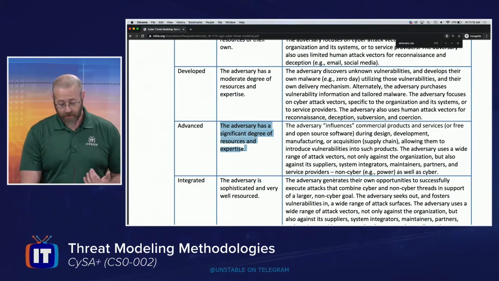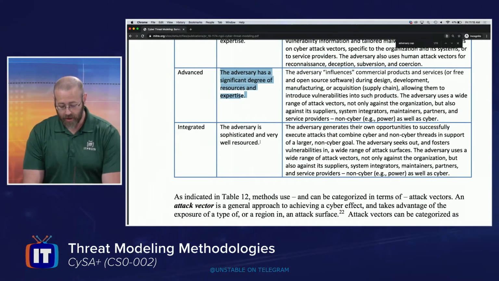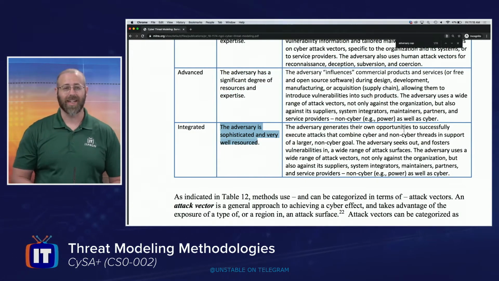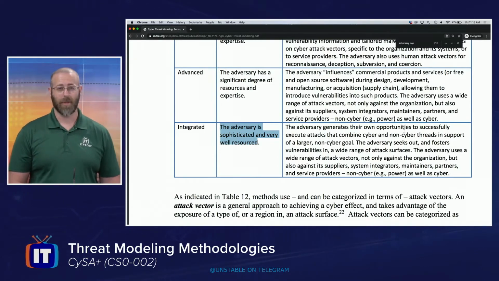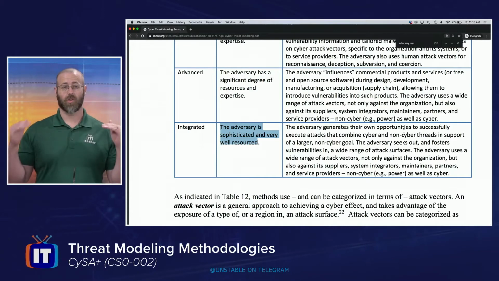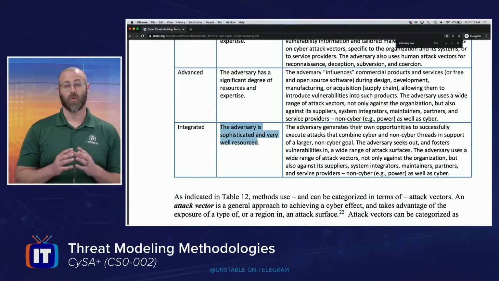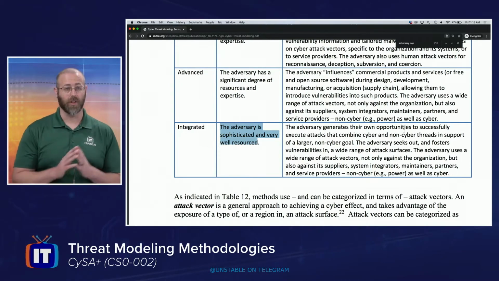And then, last but not least, is the integrated adversary. The adversary is sophisticated and very well resourced. The adversary generates their own opportunities to successfully execute. This is really getting into human resources, maybe even military-based resources. This is a super high-level, state-sponsored kind of adversary that you want to definitely have on your radar, understand what they